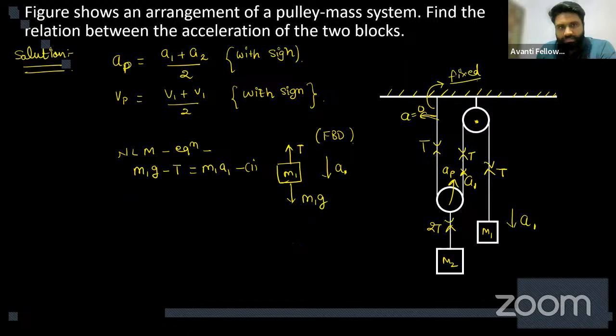Here this is M2. The downward force is M2g. This is moving up. So the tension here is T and T. Two tensions are here. If you remove the pulley, you will see